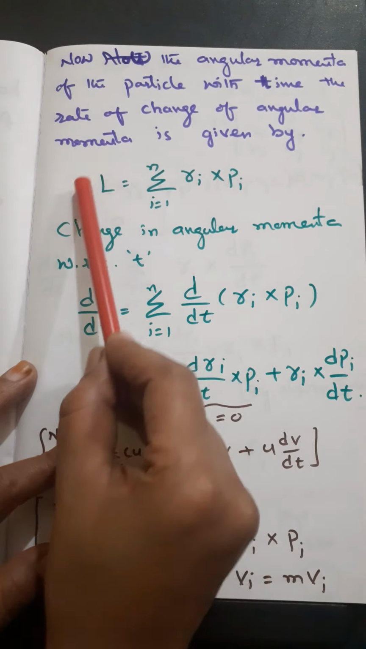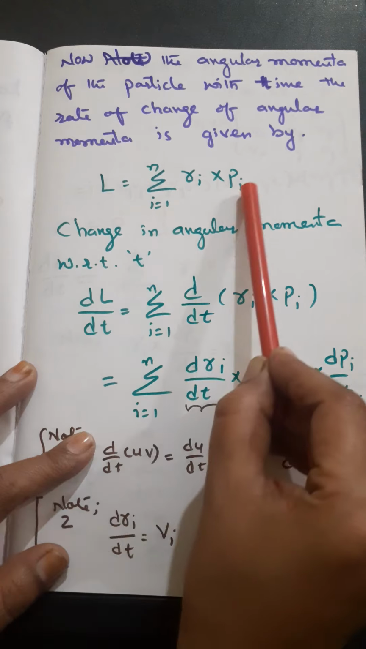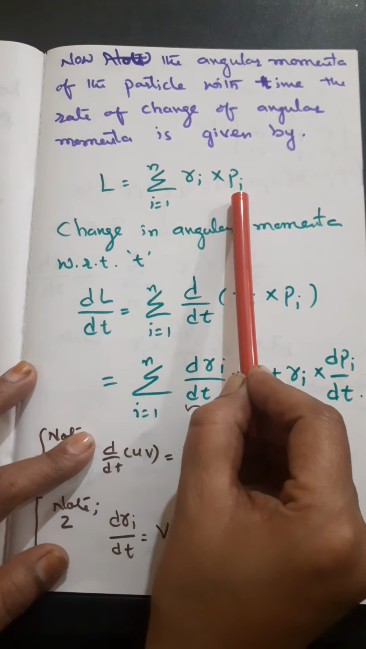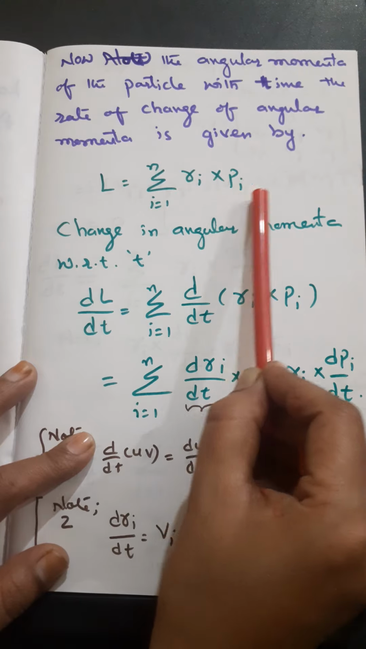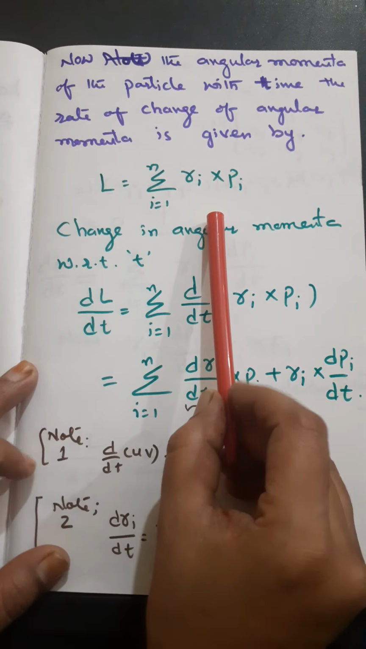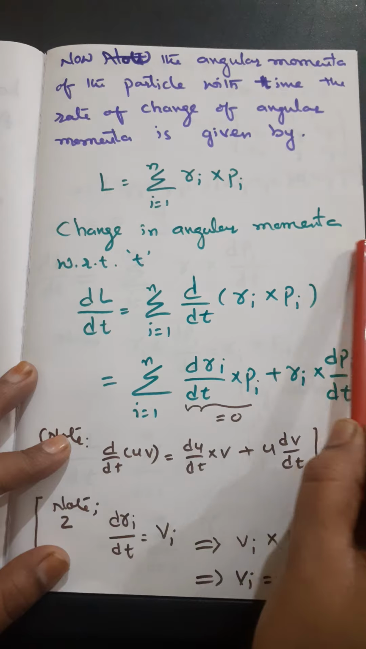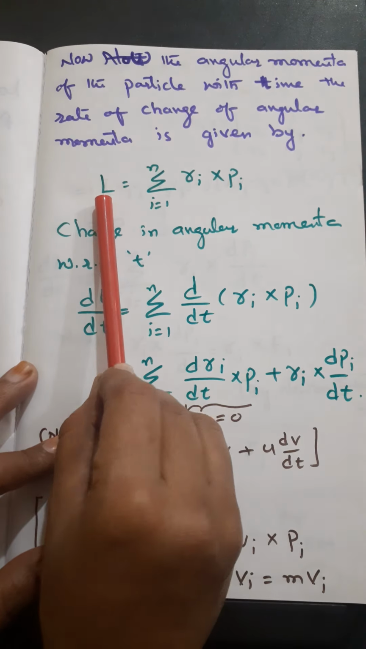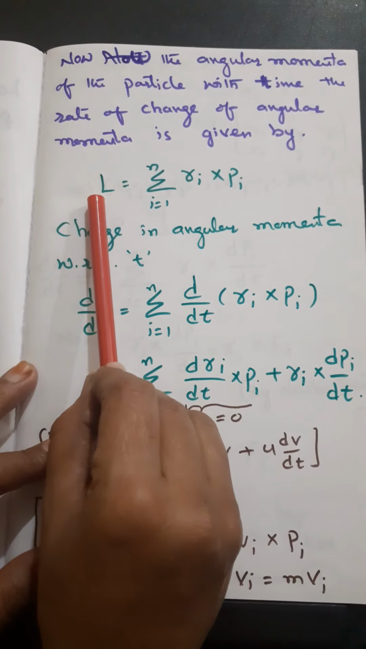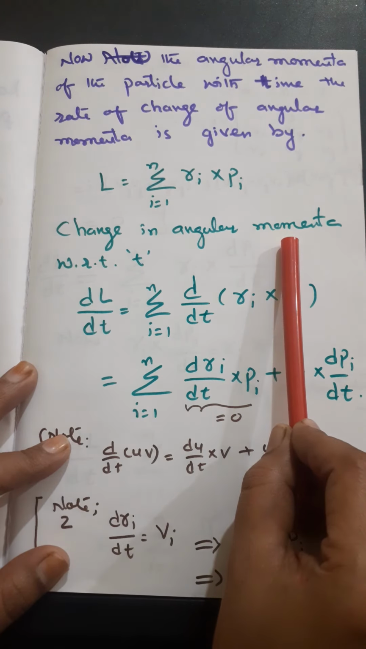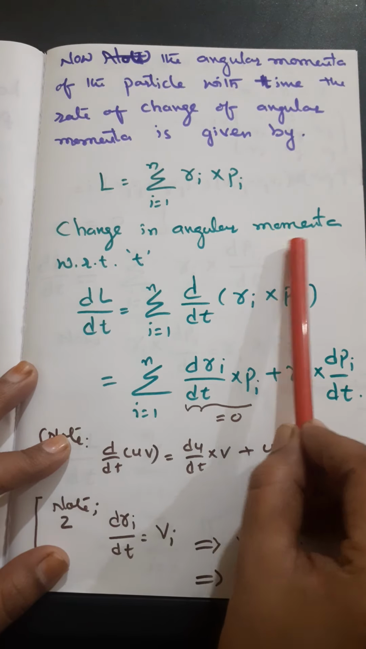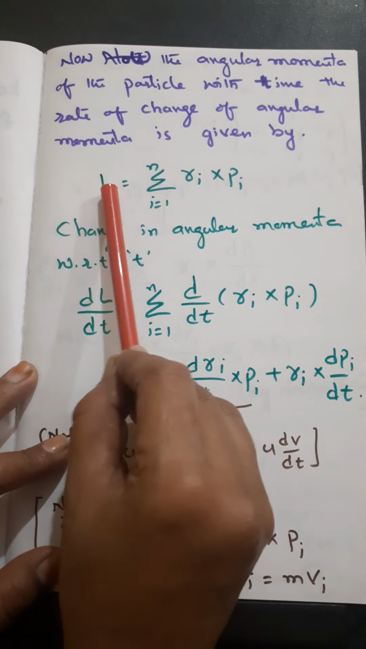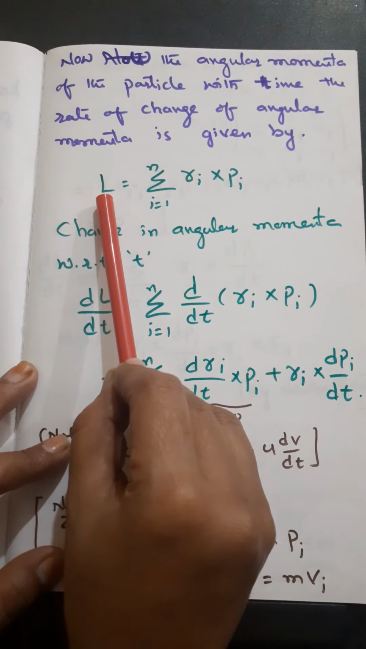So this is the definition of angular momentum. It's a vector product of position vector and linear momentum. Now this is the first equation, let us suppose. Now when you apply a force, some angular momentum also changes. So when you apply the torque or some force, this angular momentum changes, so